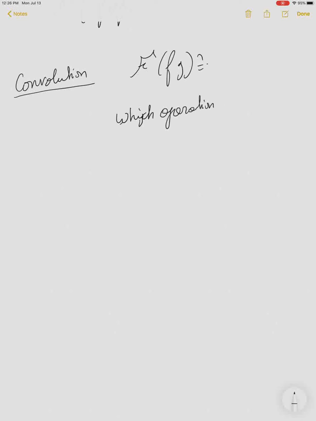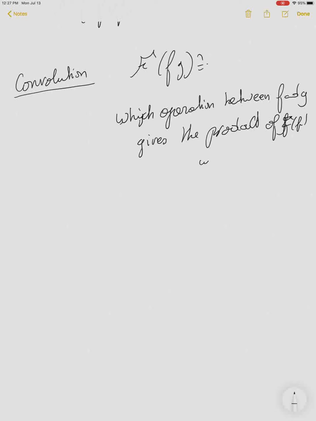Okay, so in this section we are going to talk about convolution. Why do I need to discuss convolution? So I need to know what is the Fourier of the product, first of all. And the second is which operation between f and g gives me the product of Fourier of f with Fourier of g,